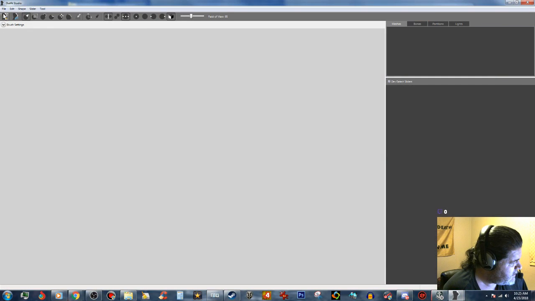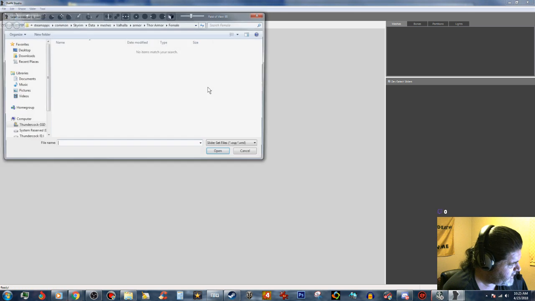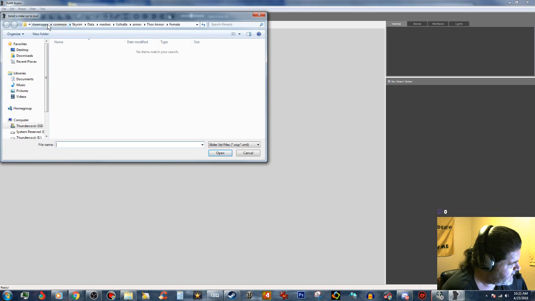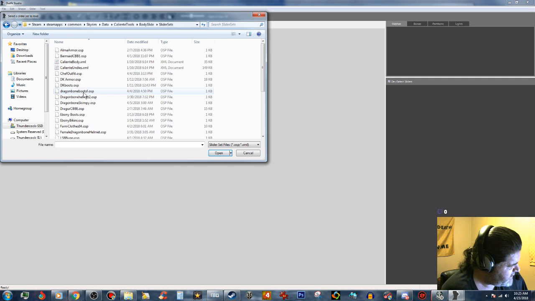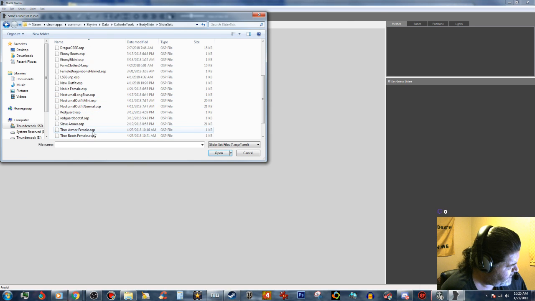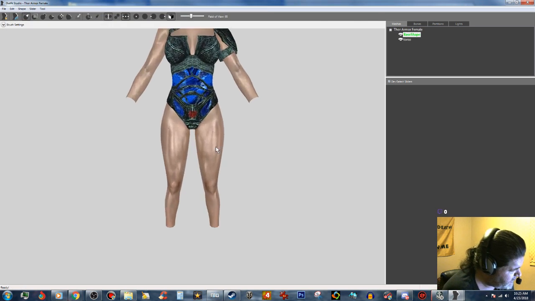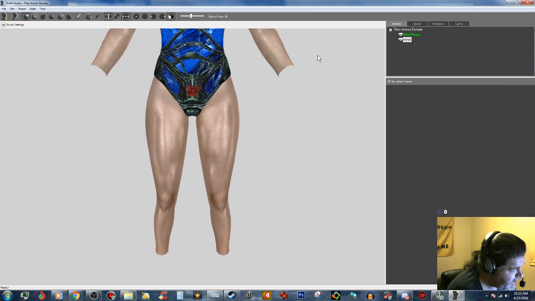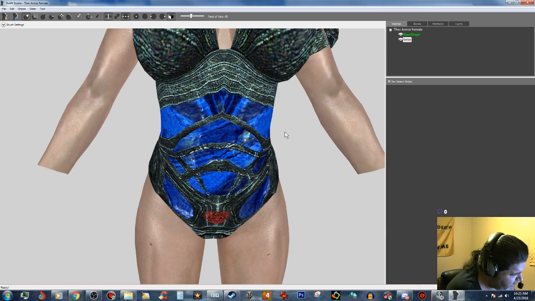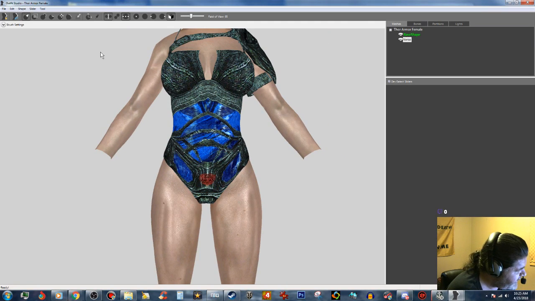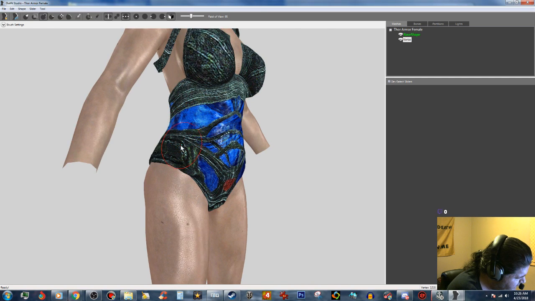outfit studio and load project, and slider sets and Thor body female and base shape and torso right here. I gotta work some more on this torso right in here. Probably not too much, just that and that and that, and I'm going to just increase that just a little bit, and then a little bit over here